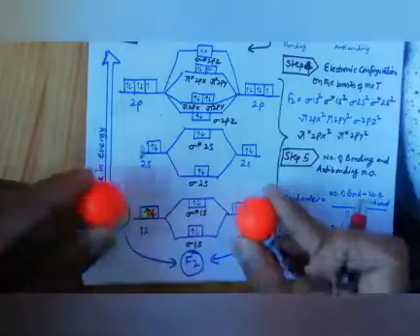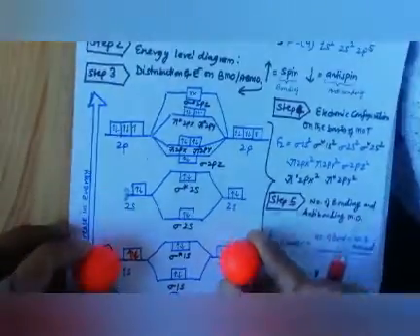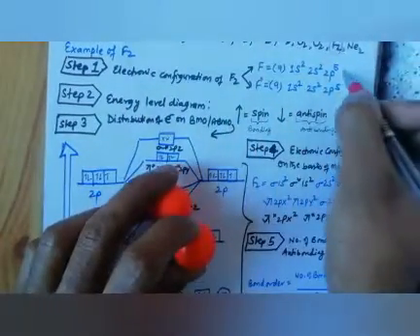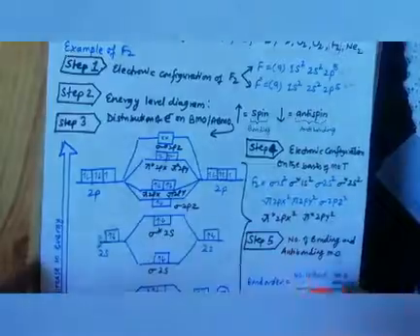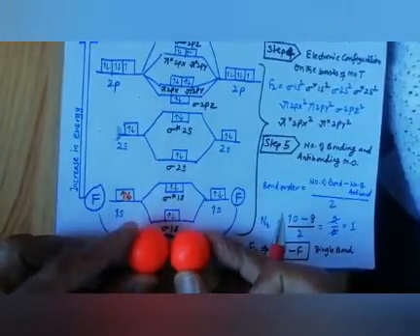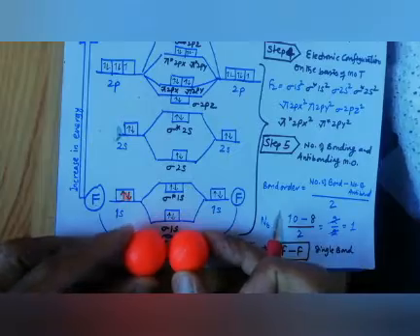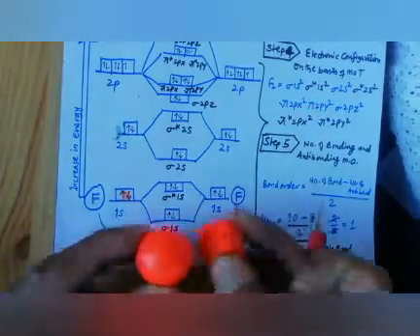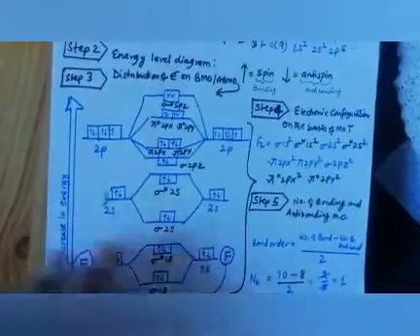Now the F element configuration we know. This is the simple configuration that we studied: this is first F configuration, this is second F configuration. But when F2 is there, 2 fluorine atoms together, then what would be the configuration? Then this will be the configuration, but before this we need to arrange it in an energy level diagram.